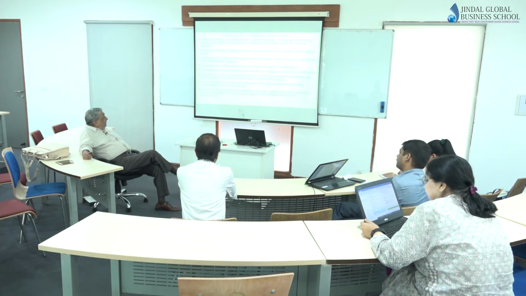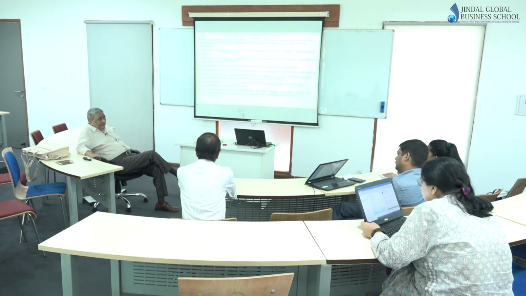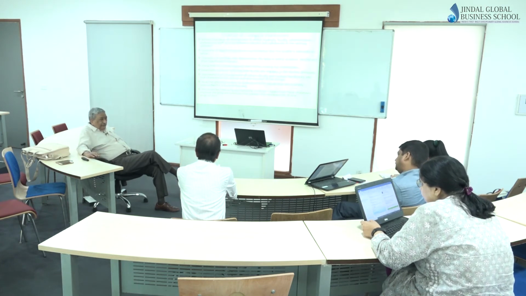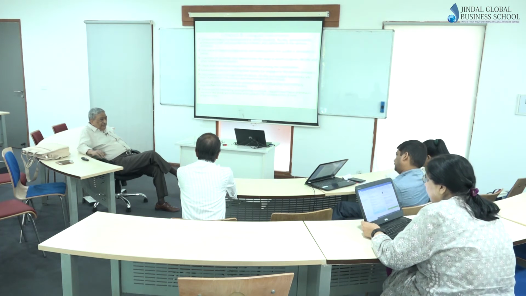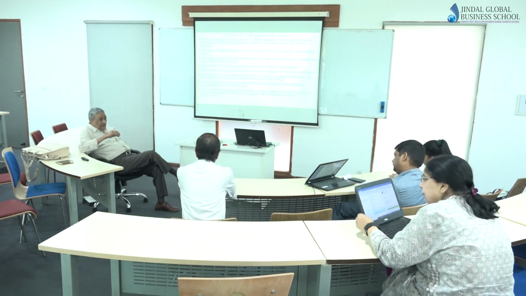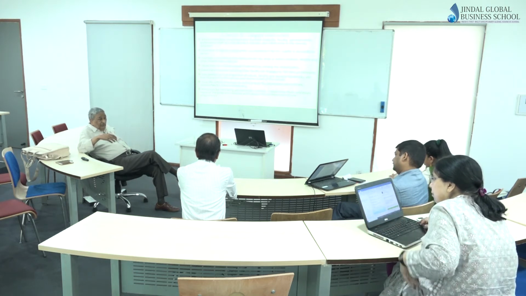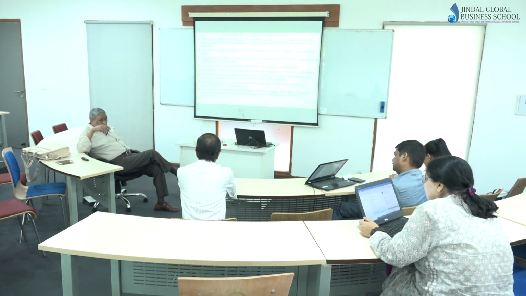AACSB is another thing, they're big on faculty involvement. As I said, for the vision and mission also, they want all stakeholders, but particularly faculty. But they also realize that in a university system, faculty is not the final authority in decision making. There will be a governing council or some top management of the university that will approve. But whether the discussions have taken place, whether the faculty are aware of what is going on, some things may be changed at the top level. That's not so much a concern. Of course, if you ignore the whole thing and then they go do something else, then they won't like it.